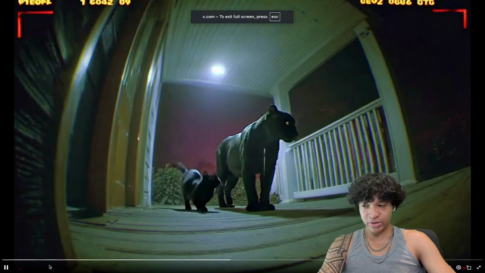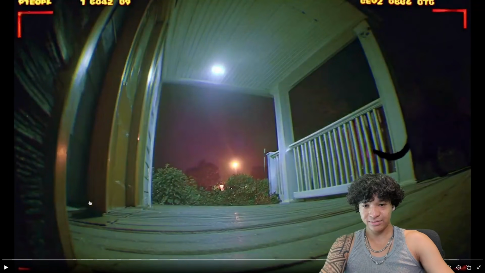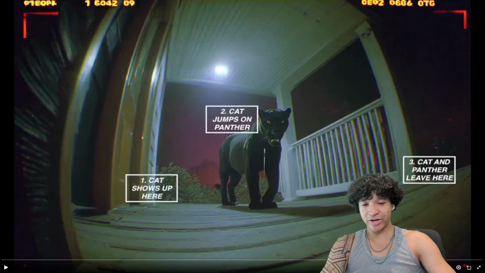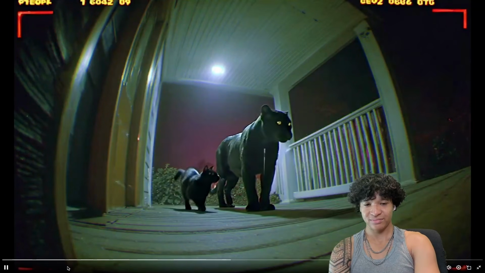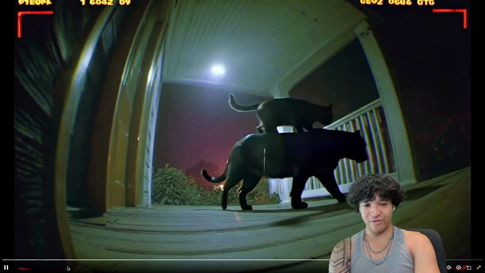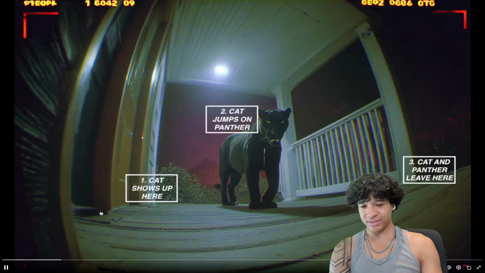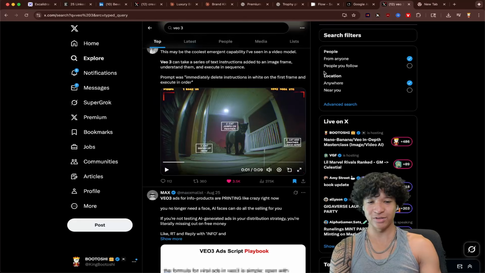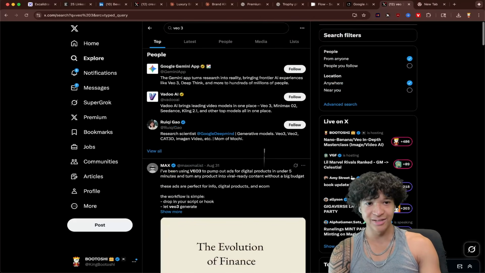Now the process I'm going to show you, you could do with other video models that exist, like Kling. This one was crazy because it takes a frame: cat shows up here, cat jumps on panther, cat and panther leave here. So this is a world model. It's just capable of following instructions in that style. Just for reference of how good this is. So again, you come to creative agencies or marketing agencies with tech like this that they don't know about, like, bro. Anyways,